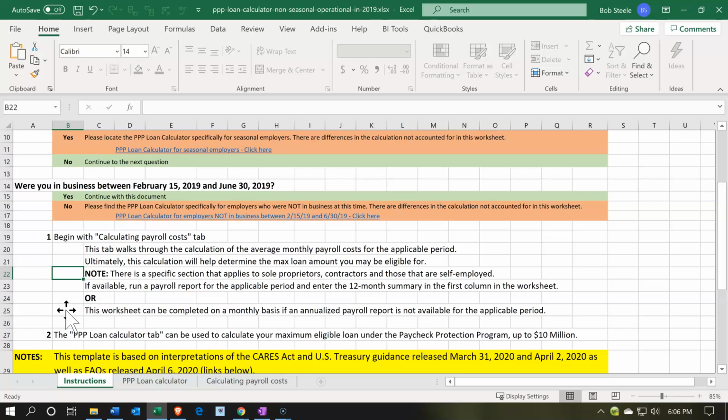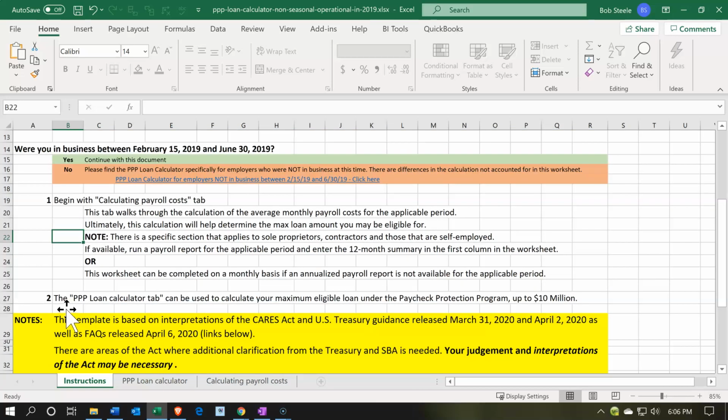If that's not available, then they have the monthly calculation. We'll take a look at that in a second. Two, the PPP loan calculation tab can be used to calculate your maximum eligible loan under the Paycheck Protection Program